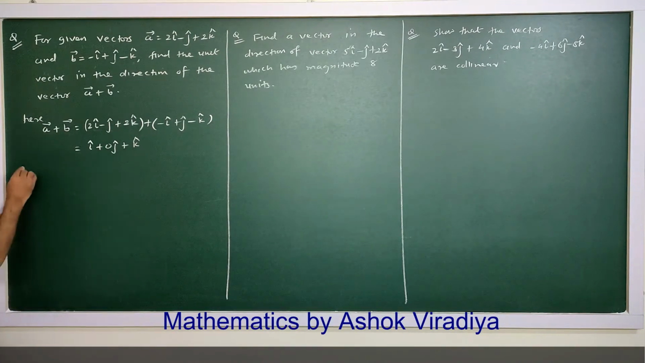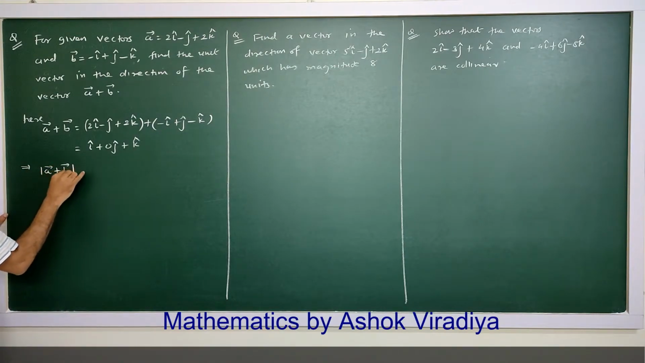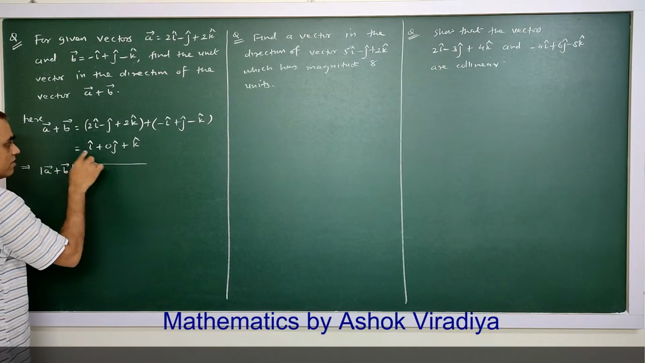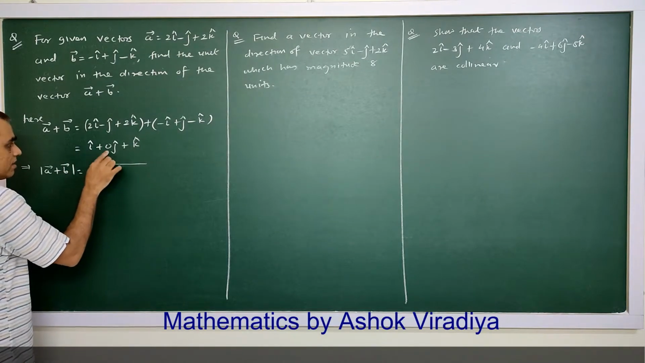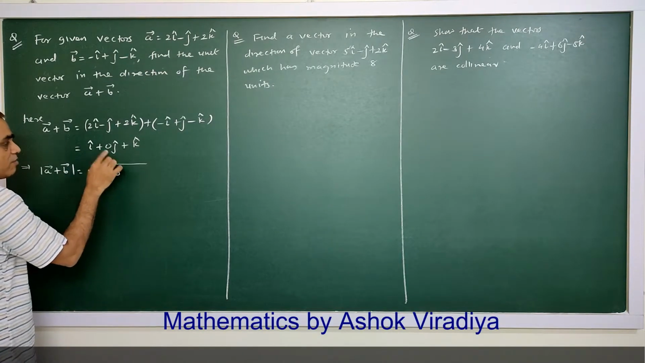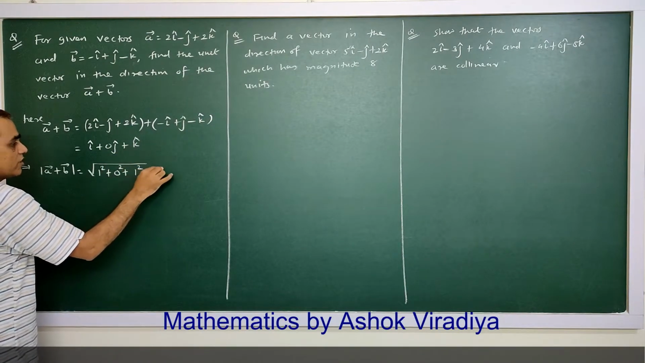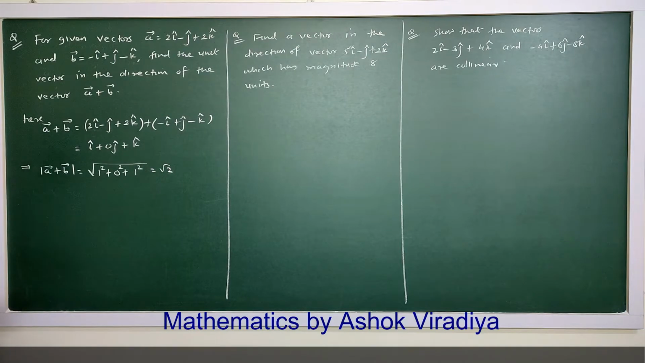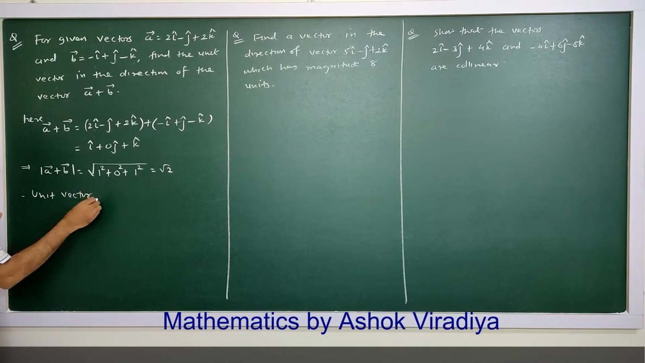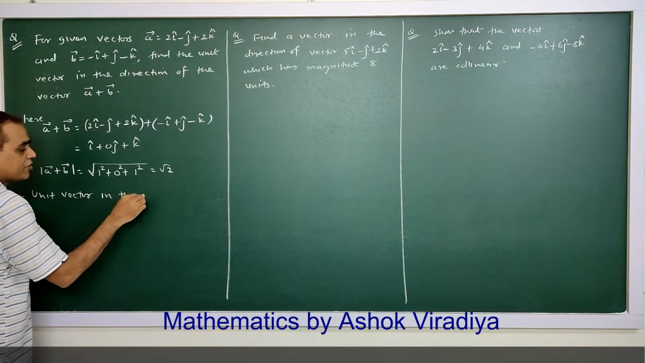Now we find its magnitude. So magnitude of vector A plus vector B is square root of 1 square plus second scalar component is 0, so 0 square plus 1 square, so it is root 2. Now we want unit vector in the direction of vector A plus vector B. So unit vector in the direction of